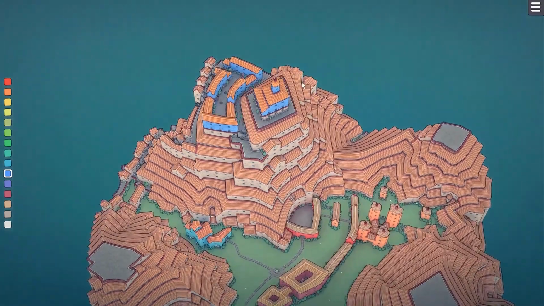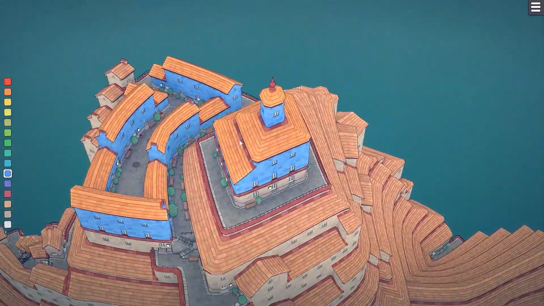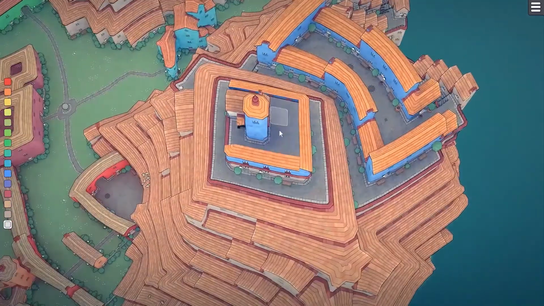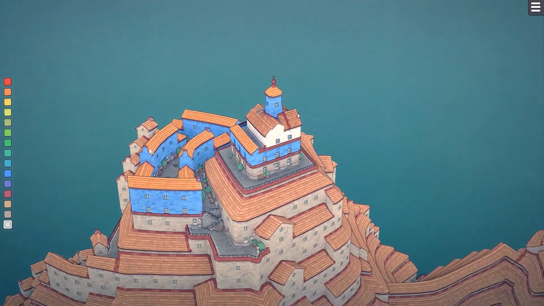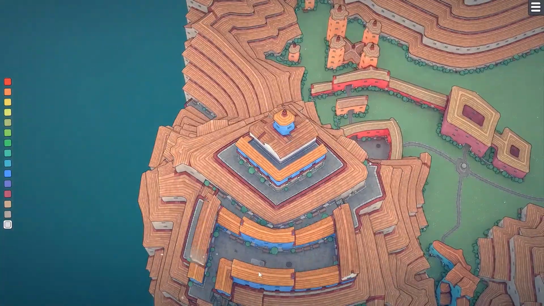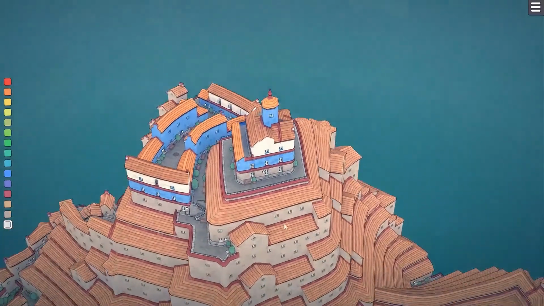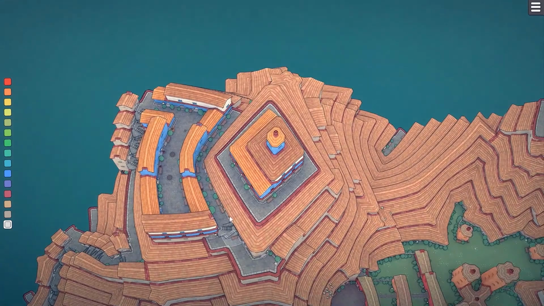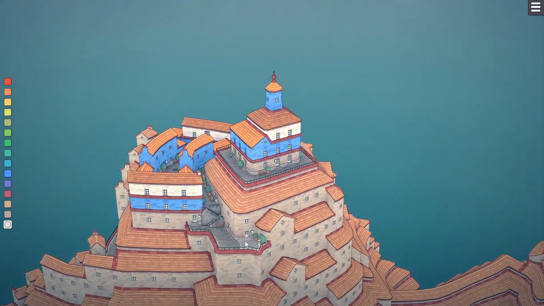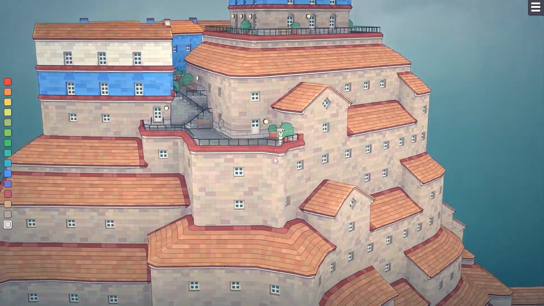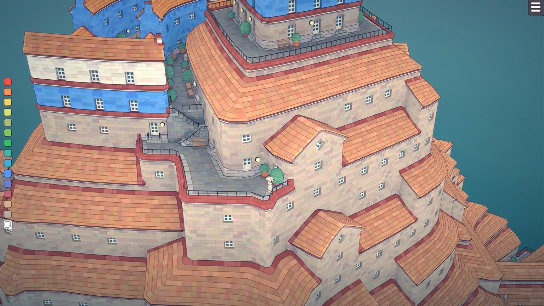You know, maybe I can add some variation in color. Let's maybe make a white ring around the top, a little like a white necklace or something. Maybe all the second floors of these are also white. Perfect. That looks great. Oh, and I like how it makes this area too. Totally unintentional. I think it's because I built this right here, but I kind of like how it builds out this platform on this side. So maybe I can make it even larger and have like a little